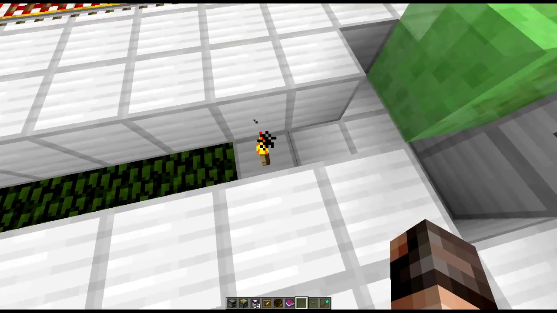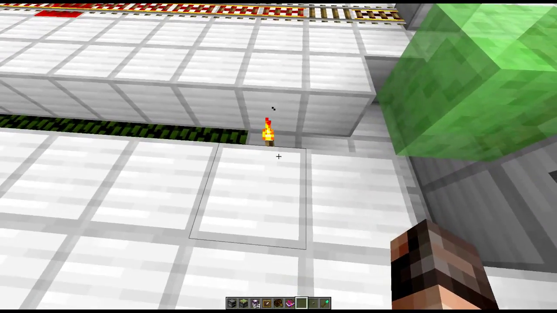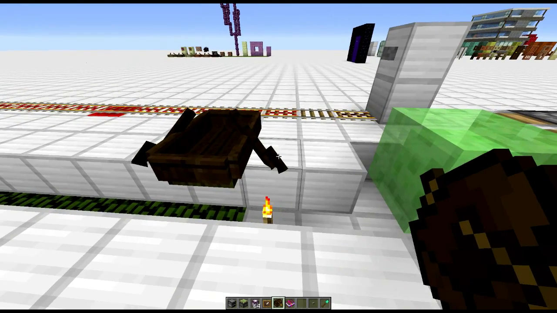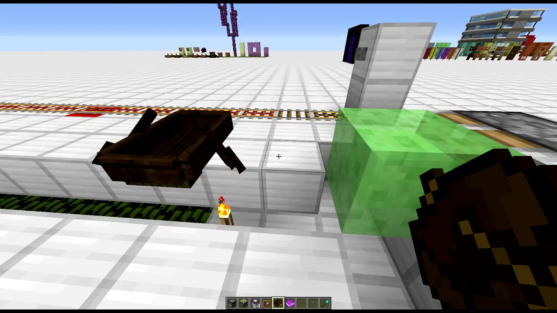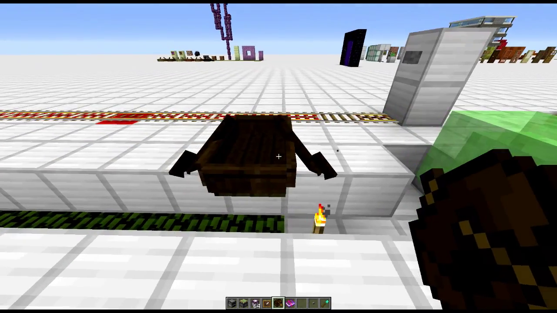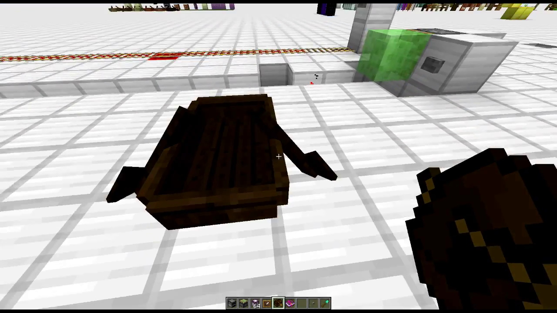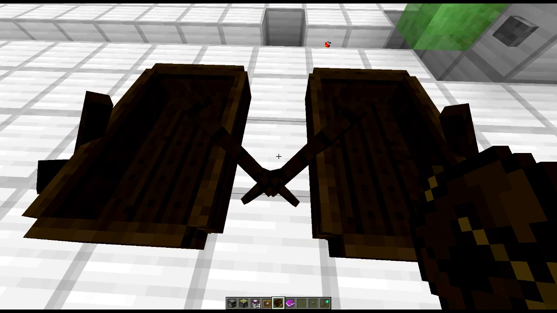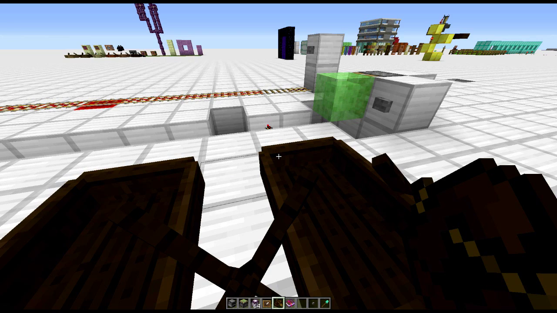Now down here we've got a torch which is one away from the slime block. Now the thing with boats, if I place a boat there, I can't place one there. I can't place it there because of that slime block. So for boats you've got to have that space there, so there is still the hitbox in between these two. Okay,